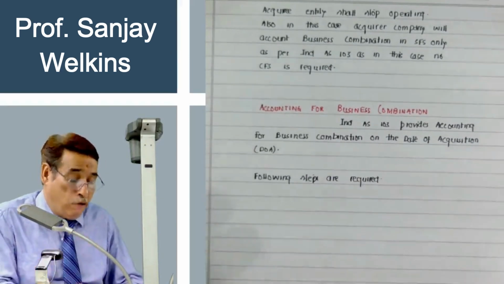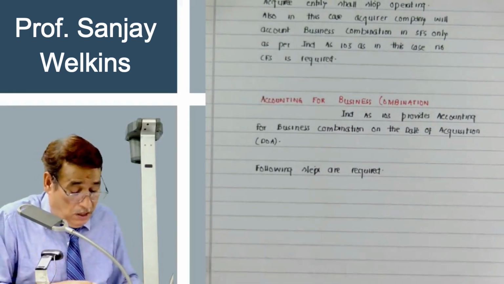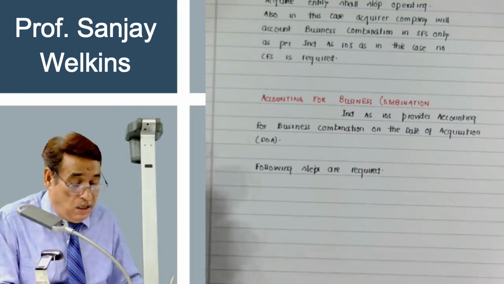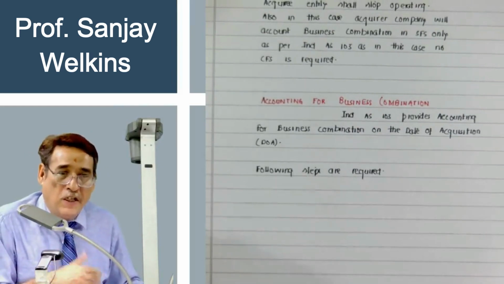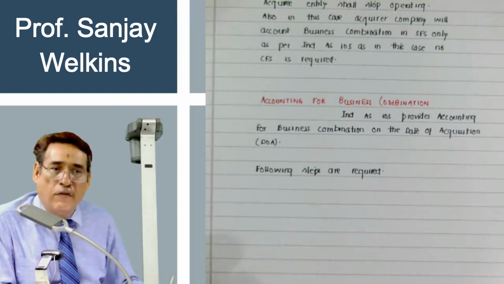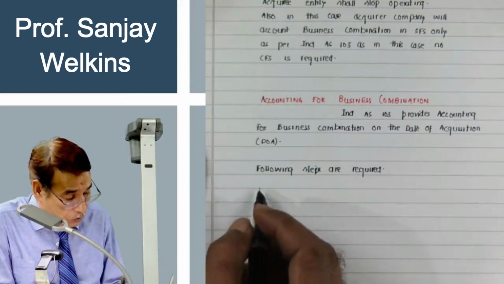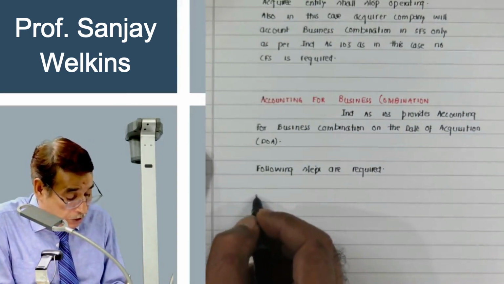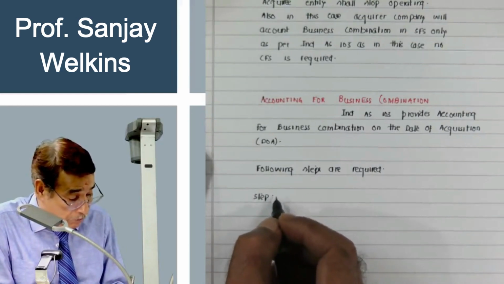Presume you are the acquirer and you have got the control over another entity, correct? Let us say you have invested in the other entity and your investment is in the vicinity of 70%, 80%, that is more than 50%. So obviously you have acquired the control. As per this particular standard, the first thing which you are supposed to do is step number 1,